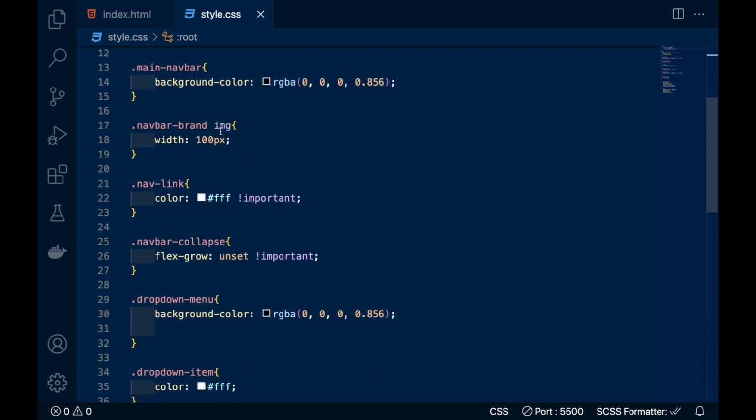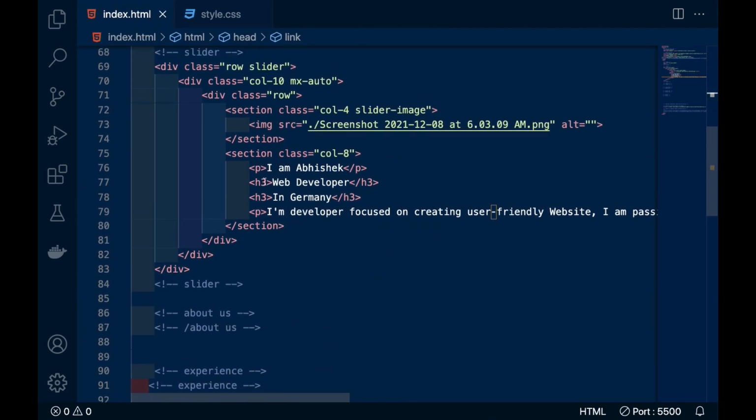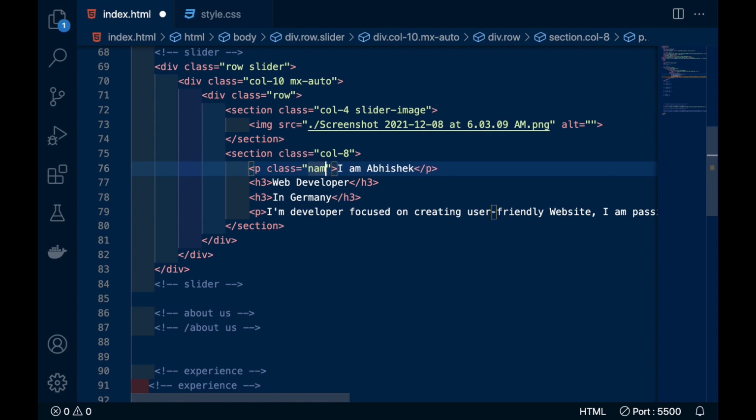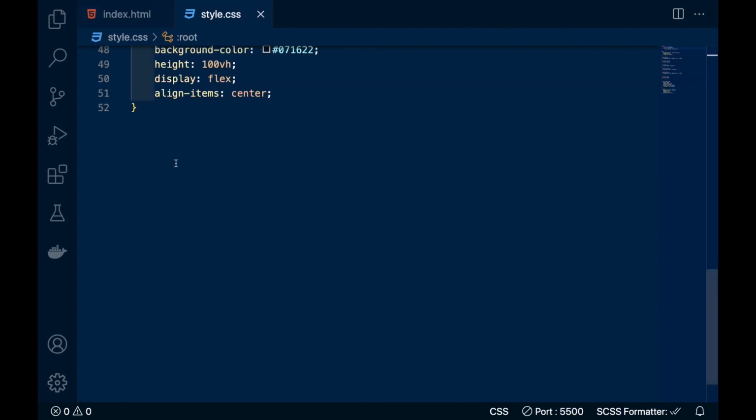So here we have declared that variable, and now we will give all this a name: this is the name, this is job, location, and this one will be description. So we have to style them one by one.